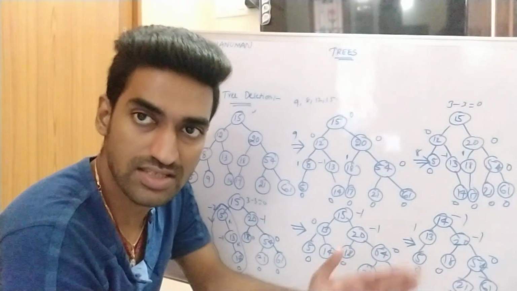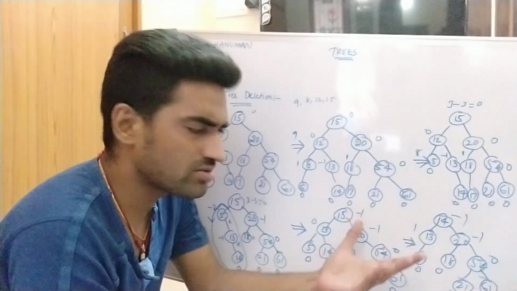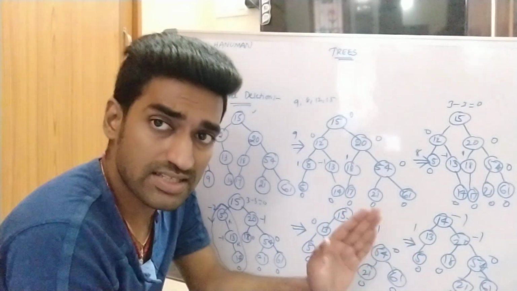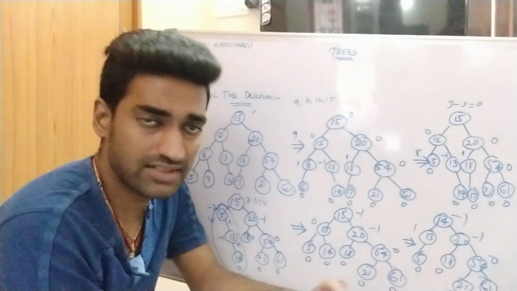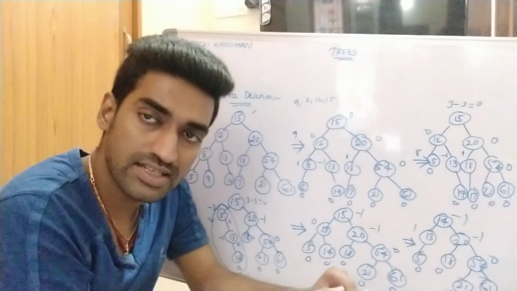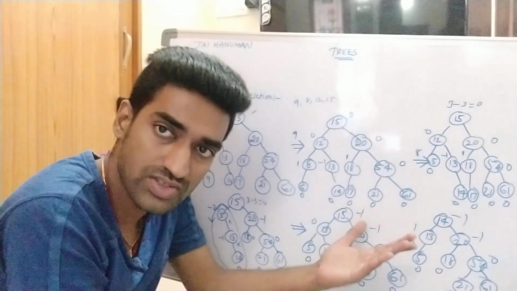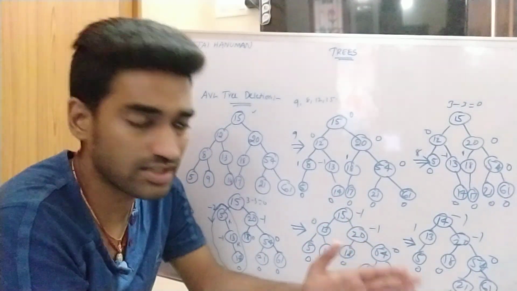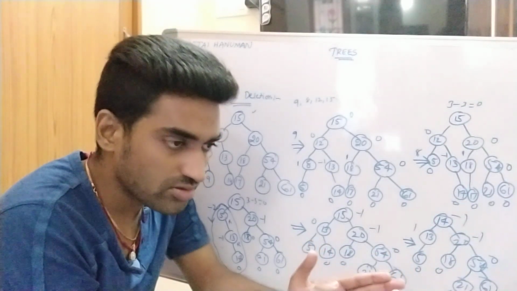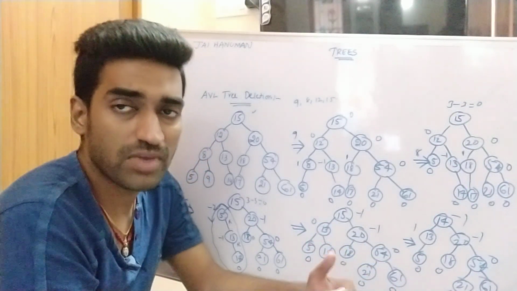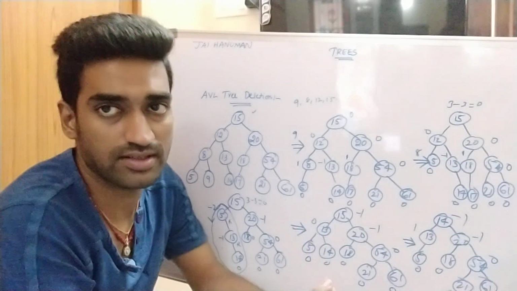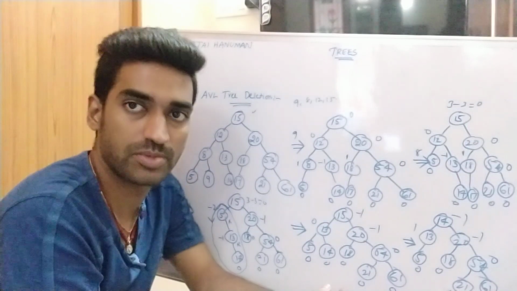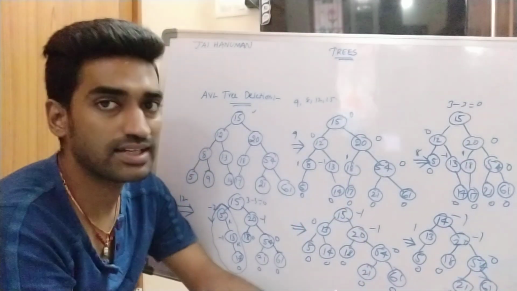For a node which contains 0 children, there are no changes occurring in the AVL tree, right? But we can check the balancing factor for the tree, right? For a node which contains 1 child, in such cases the child will replace the position of the parent, right? For a node which contains 2 children, in such cases the deleted node is compulsorily replaced by the maximum of left children or the minimum of right children, right? So these operations are similar to binary search tree deletion operations, right? So this is about AVL tree deletion operation.